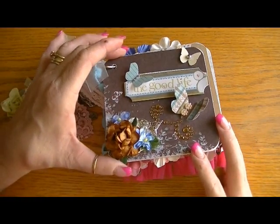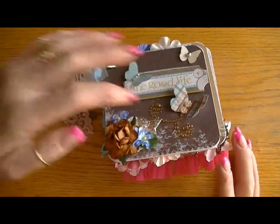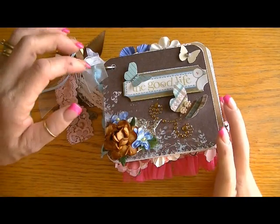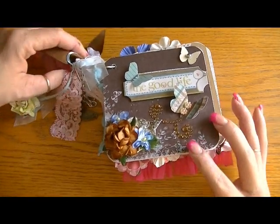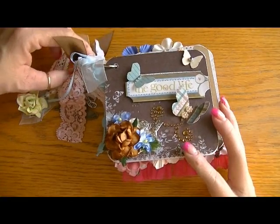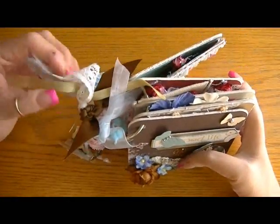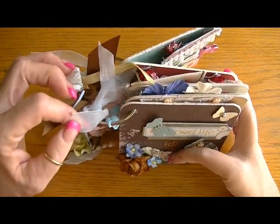The coasters measure 4 by 4, so it's really small. I mean, you know, there's my cell phone. It's really small. So this is what I did. First of all, I put it on a larger binder ring than the one she had sent me, because obviously it's chunky. And the ribbons that I put on here, the light blue, like sheer ribbons, came in the kit